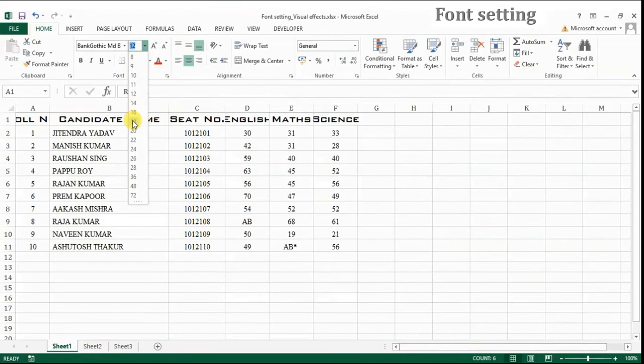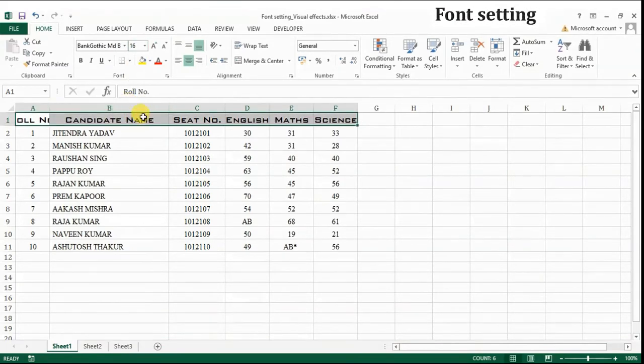The preview you can find here. To increase the font size a bit bigger, you can use this button also in this way, and to decrease the font size a bit smaller, you can use this button, decrease font size, in this way.